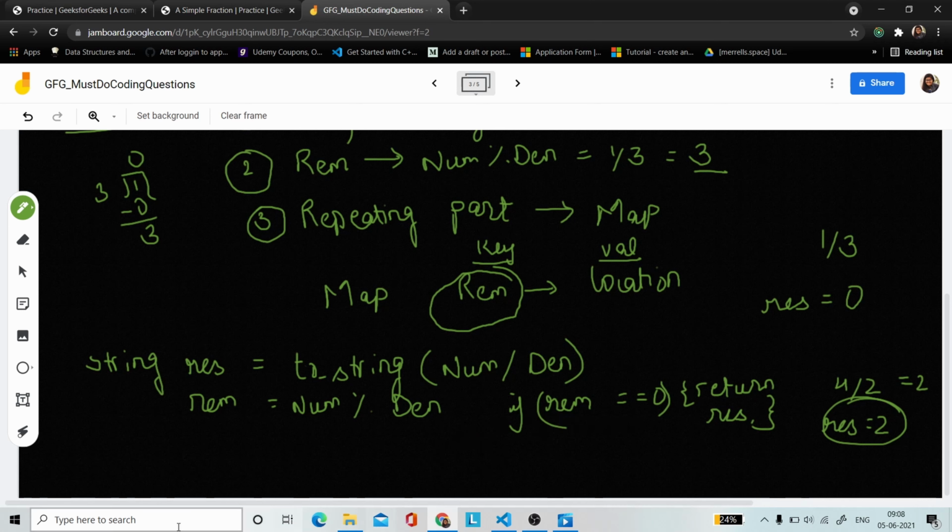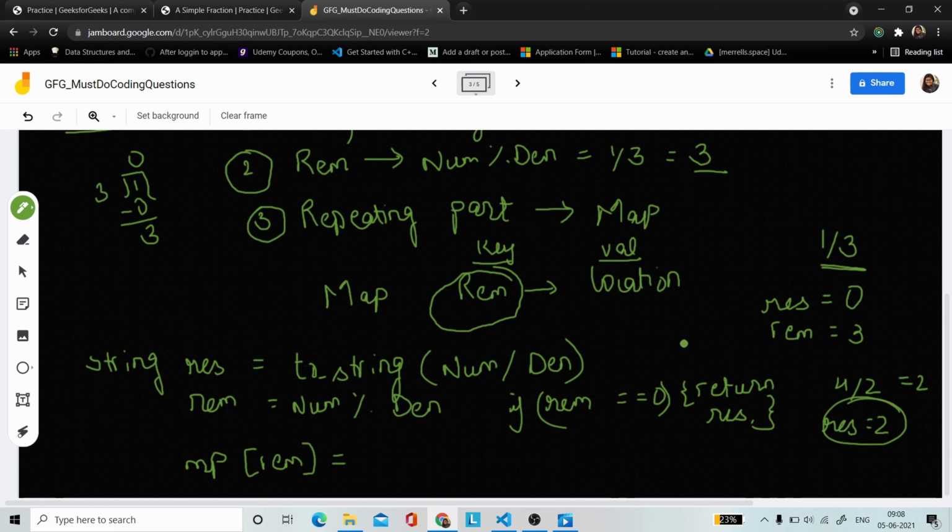But if it is not the case, like if the remainder is 0, then you can simply return that result that you calculated. But if it is not 0, which is in this case, the remainder is 3, so for that we will store that remainder in a map. We can initialize a map, and in that map we can store the remainder as a key and its location as a value.